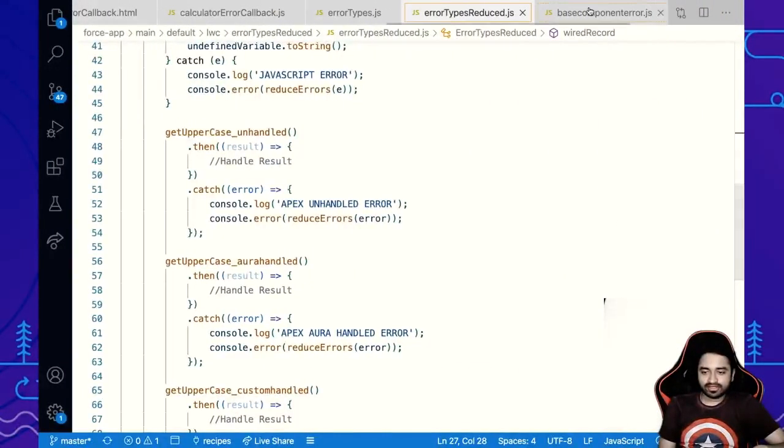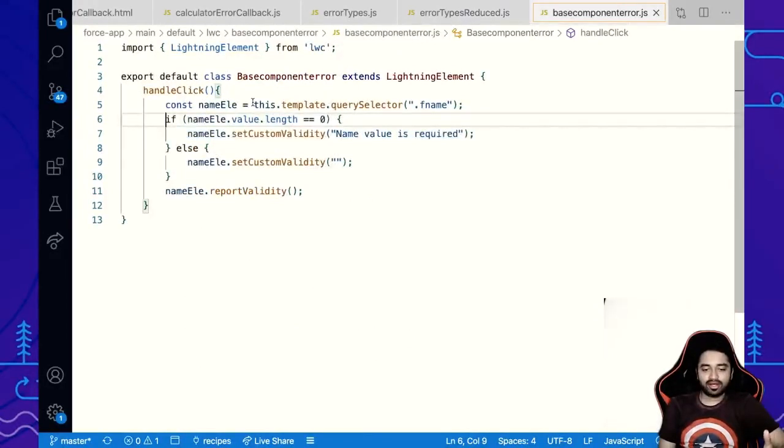So the way you can do it with base components is pretty simple actually. You just query select the component, and once you get to that component, you can set a custom validity message using .setCustomValidity, whatever is the message that you want to give out. And in the end, just say element.reportValidity. So with just these three steps, I mean, it's validation. In the end, there are going to be if else conditions. So in these 3 lines of code, you're able to set a custom validity message without having to worry about styling and all of it.